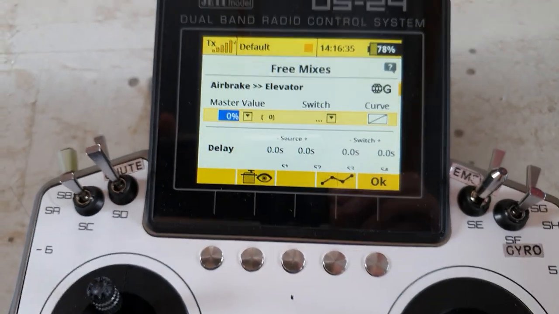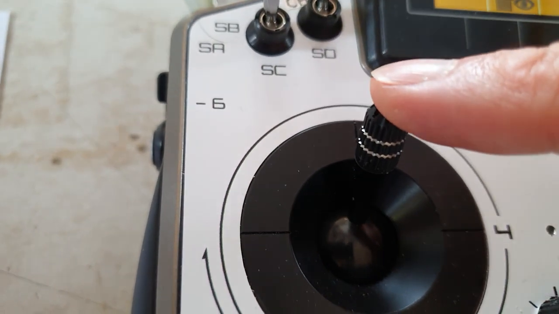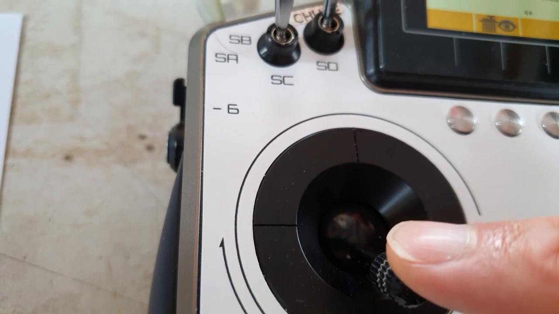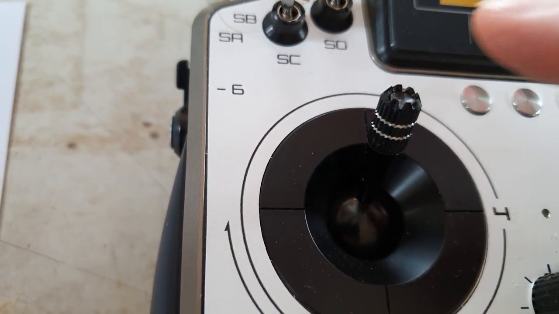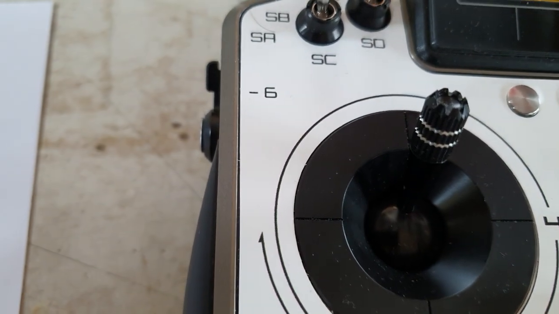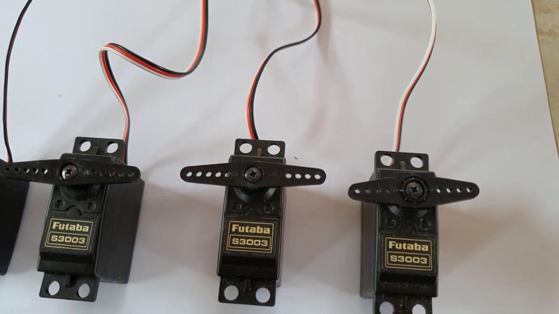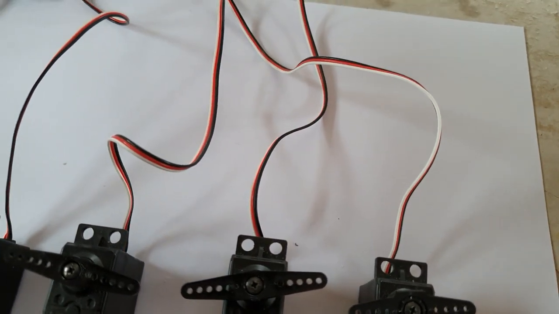What I'm going to do is assume that with my air brake stick in the forward position, I want no air brake, full air brake. So in that position, I don't want it to have any effect on the elevator trim. Well, let's have a look at the servos. There's the mix value. Let's have a look at the servos as I wind the mix value on. They move. Now we don't want that